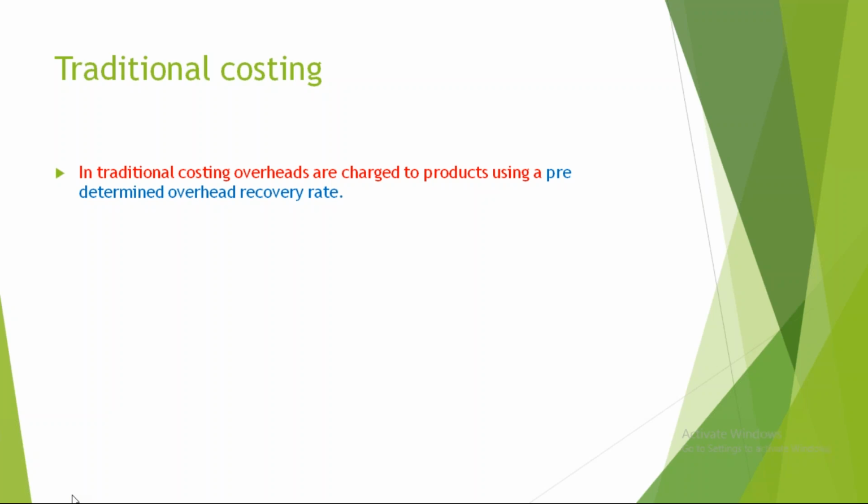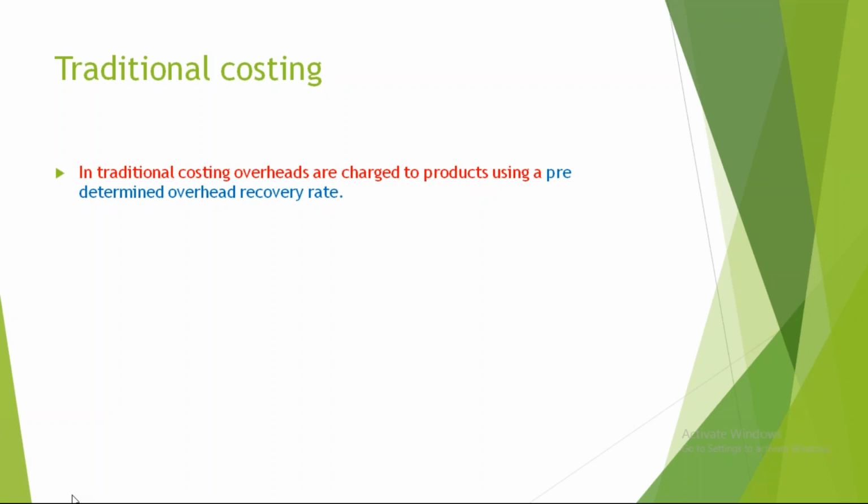Let's assume that for the month of April, next month, we budget our overheads at 100,000, and the budgeted number of machine hours is 20,000. So 100,000 divided by 20,000, we get what we call the overhead absorption rate, $5